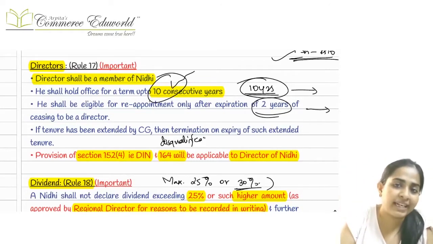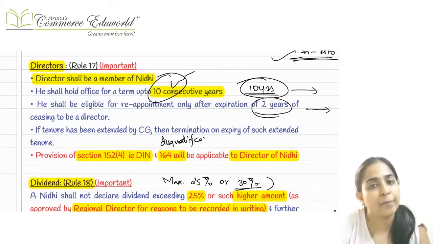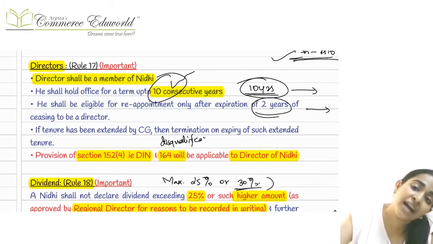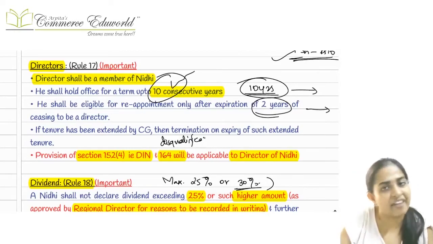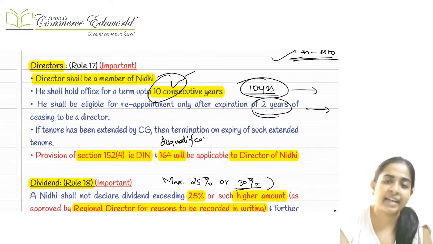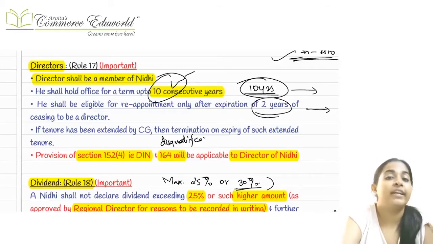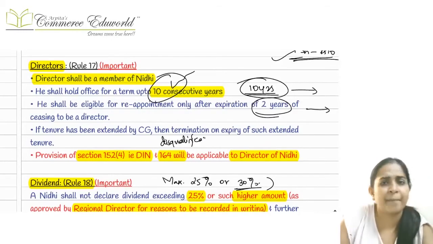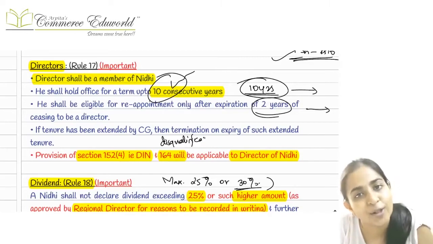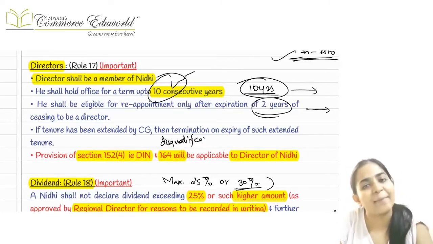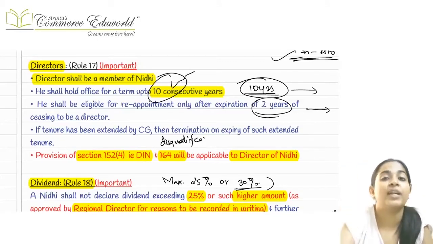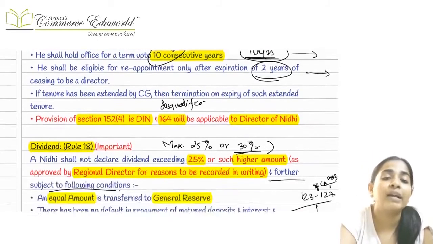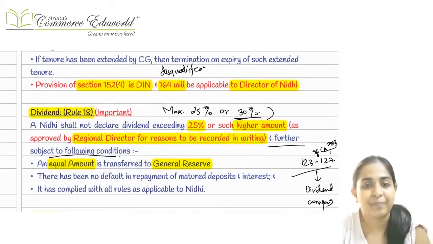Okay, I'm not telling that it is fixed 10 years, but it can be any period up to 10 consecutive years. If they want to come back again in the company anytime, then in that case, after a cooling period of 2 years, they can come back in the company, right? Rotation of directors was not applicable in case of dormant company, but it would be normally applicable here also. Okay, DIN provisions would be applicable for director. Disqualification of director provisions would also be applicable, so everything would be applicable here because this is a normal company. This is an active company, right?